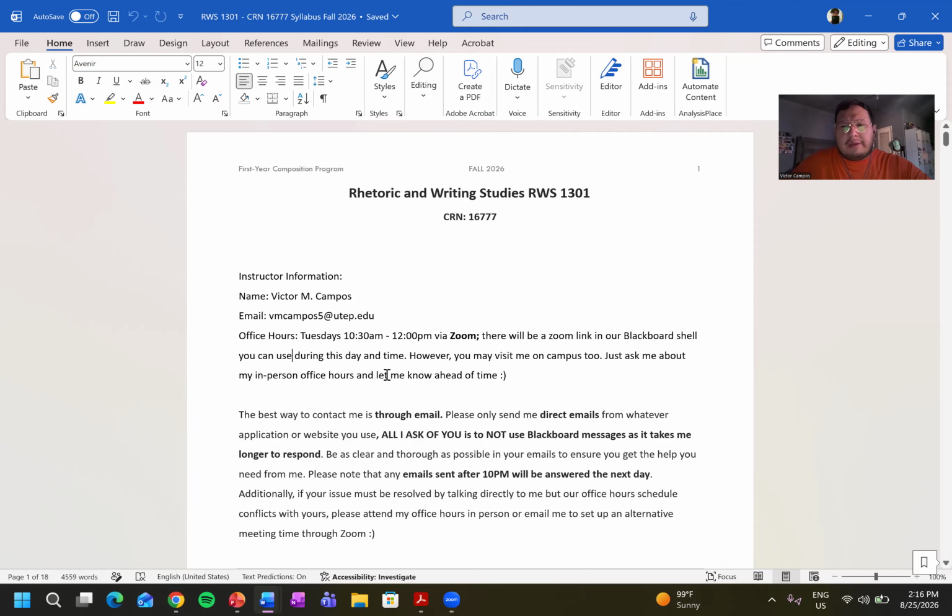So through email is better because I have it on my phone. I always have it with me and I can quickly reply to you. So please, please, please just download an email application. I mean, we all have phones. So just download Outlook or Gmail. I think Outlook is the best one, and just add your UTEP email account and then you're